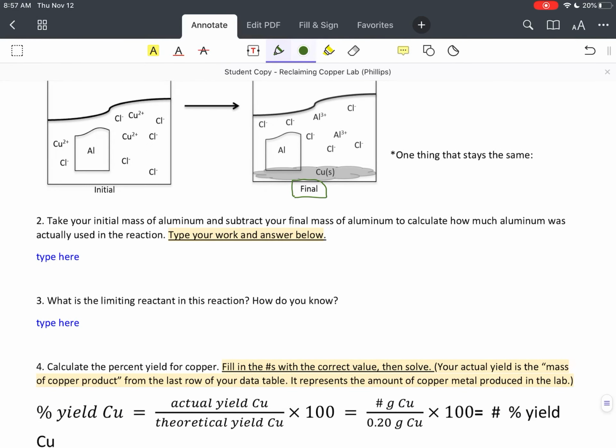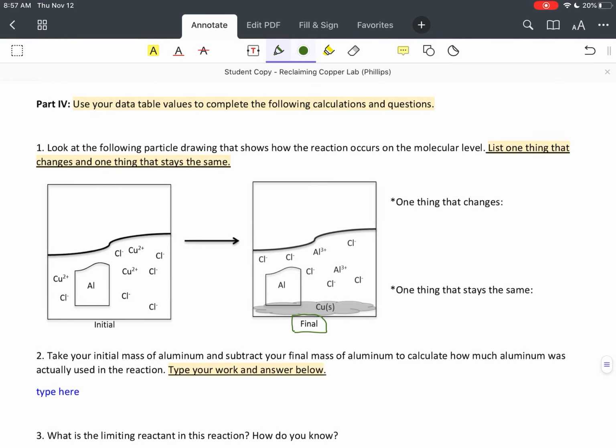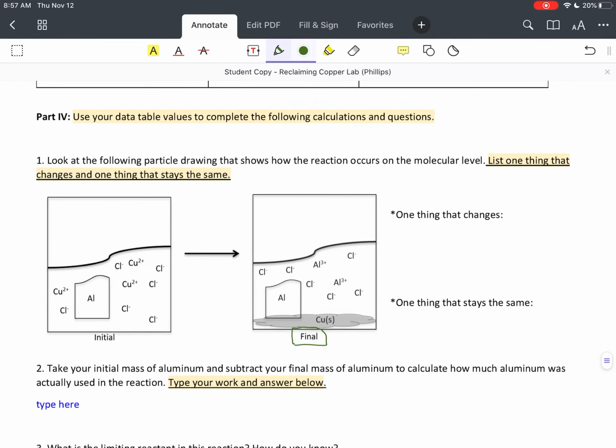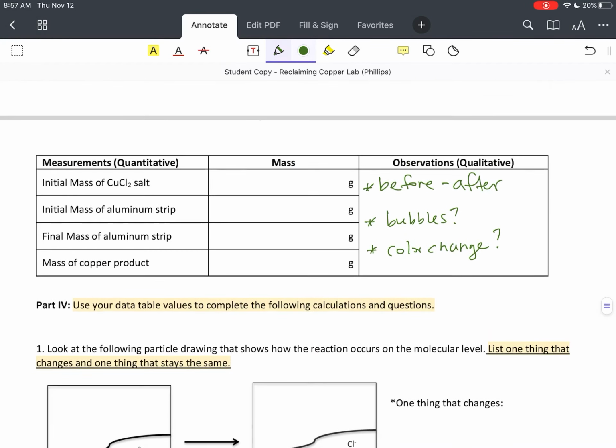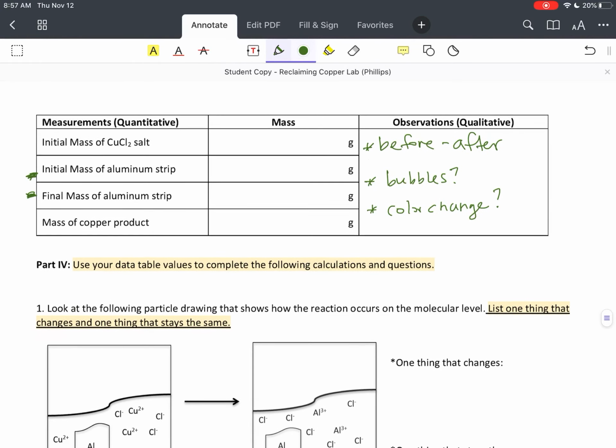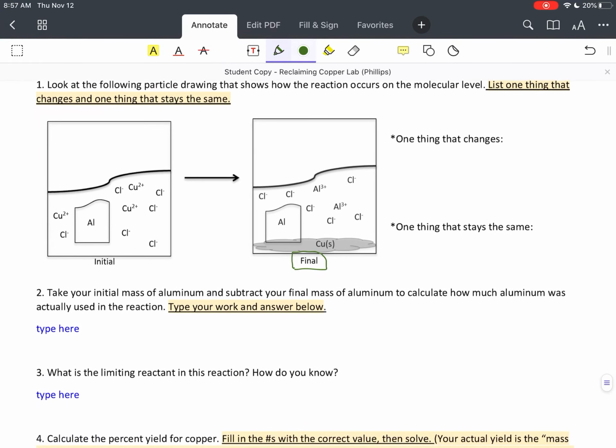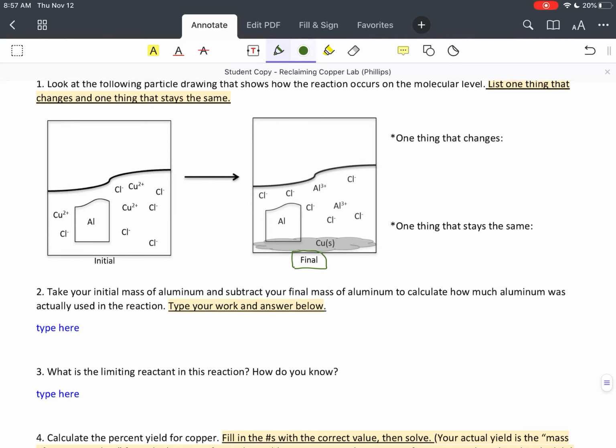For step 2, this is filling out part of the chart. You're going to take your initial mass of aluminum and subtract your final mass, and you'll figure out how much aluminum was actually reacted. So that's these two values here. Okay, so you should be able to tell me how much aluminum was actually reacted in this chemical reaction. And then the third step